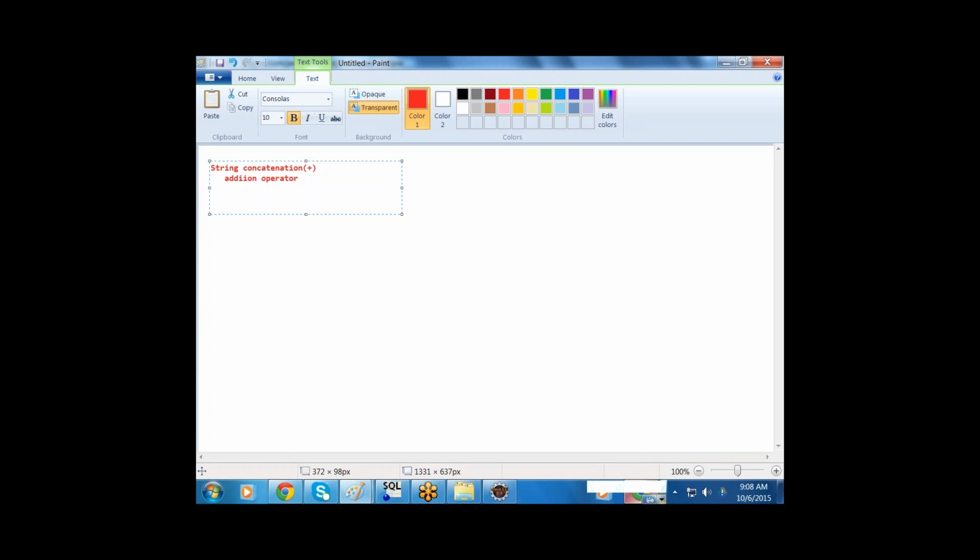Sometimes it will act as a concatenation operator. So when will it act as an addition operator and when will it act as a concatenation operator? Very simple here. If at least one operand type is a string, then it will act as a concatenation operator. For example, here I'm taking,